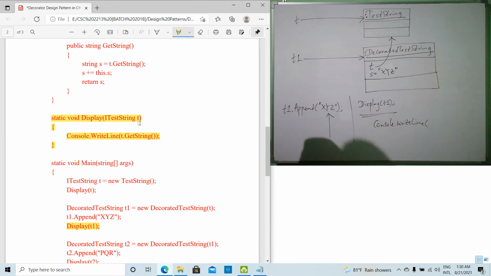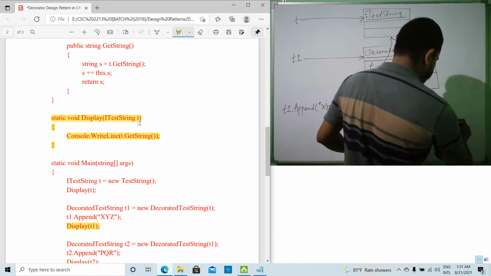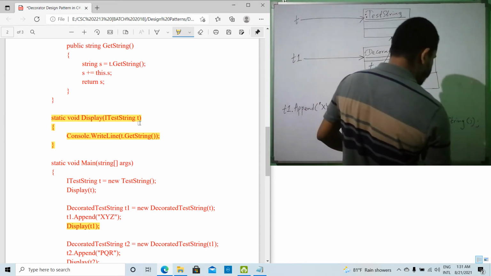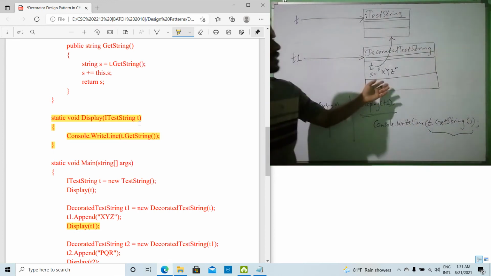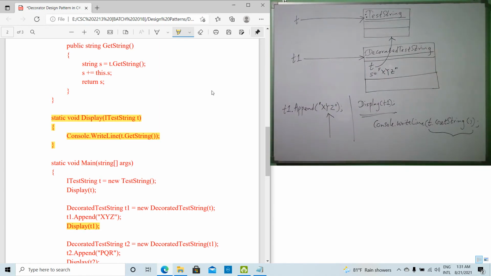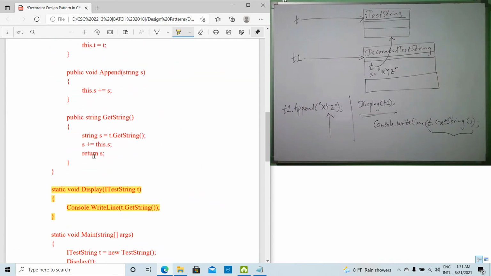Therefore t.GetString. T.GetString means the GetString method inside this object. So now let's look at that. This one, the GetString method. So there, what happens,